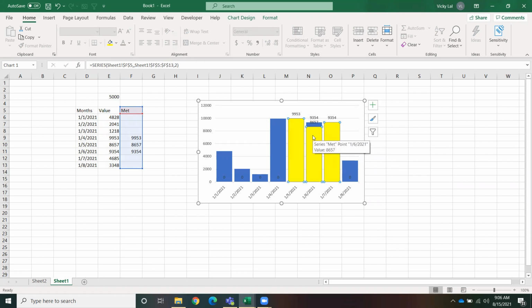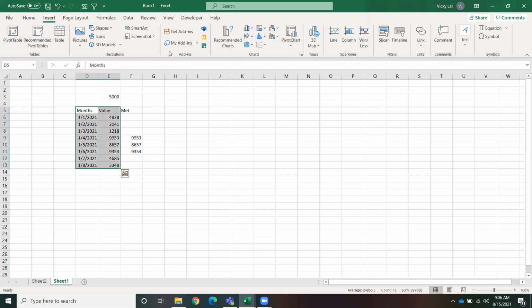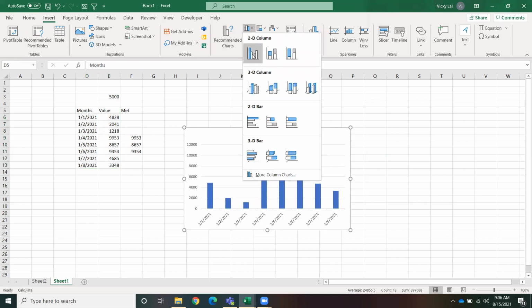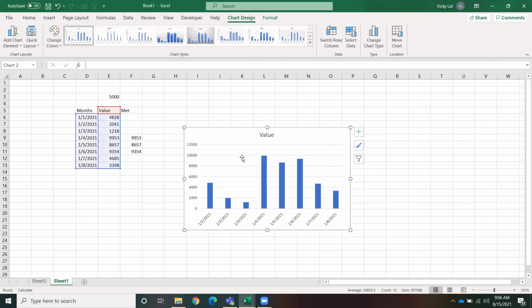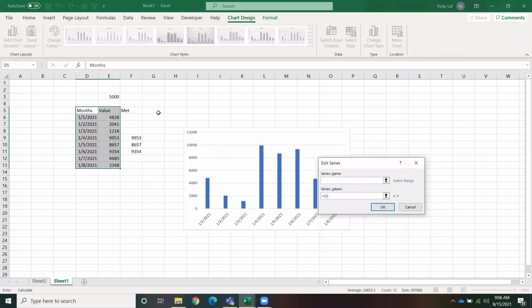See, one selection is on top, one is down. The selection is wrong, that is the reason. Delete the entire chart and put the chart again. Then go to design, add chart series value.